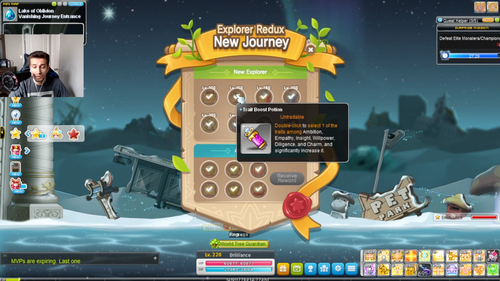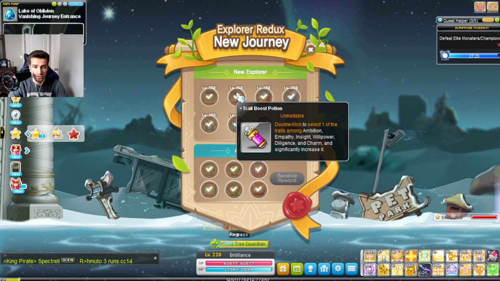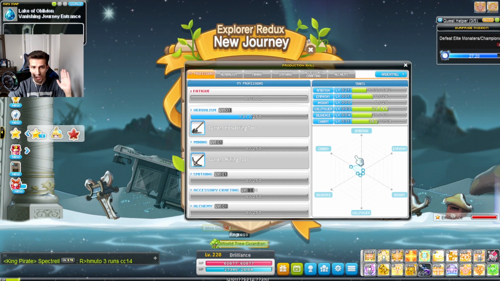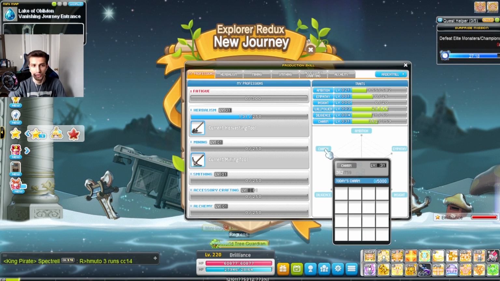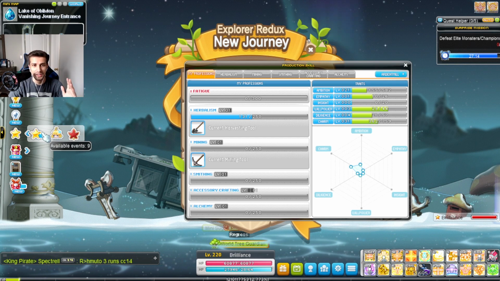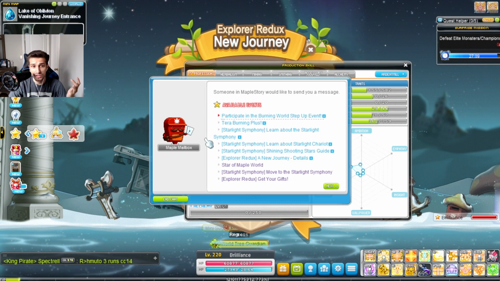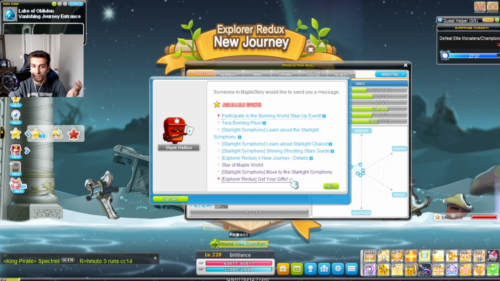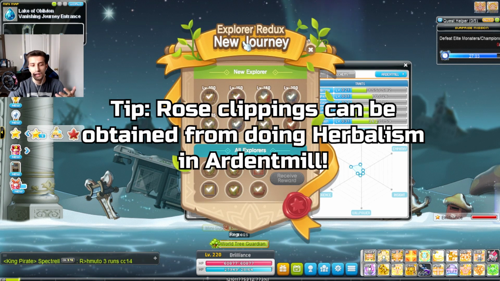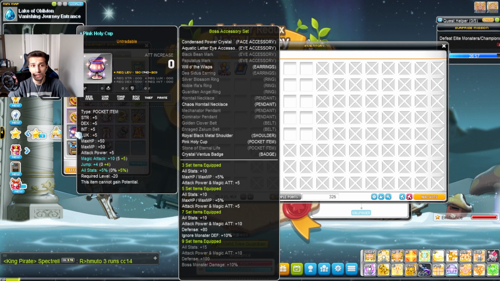The next reward at 150 is the Trait Boost Potion. Now, with Trait Boost Potions on a new character, I always suggest, always 100%, put it into Charm, get your Charm to level 30, because when you get your Charm to level 30, you basically unlock a quest in your event tab that's called Excessively Charming, and when you finish that quest and get your Rose Clipping, you will basically unlock your pocket slot,